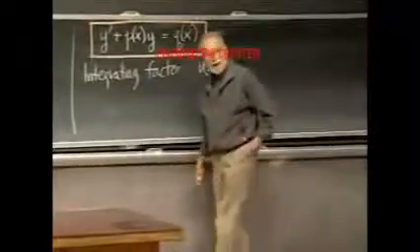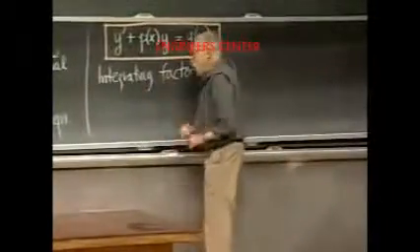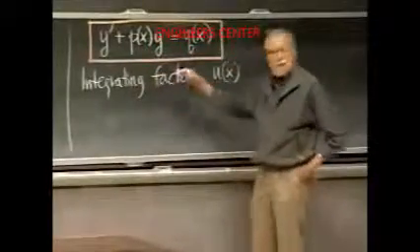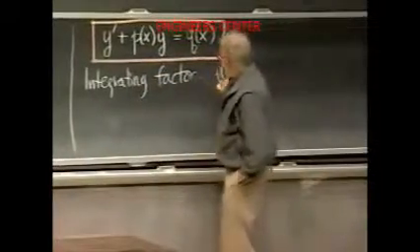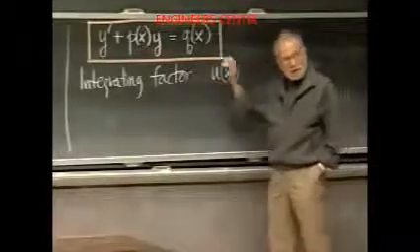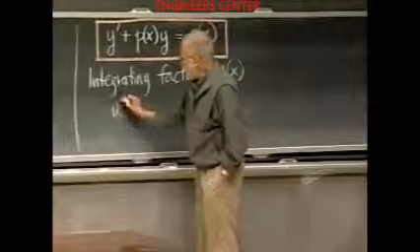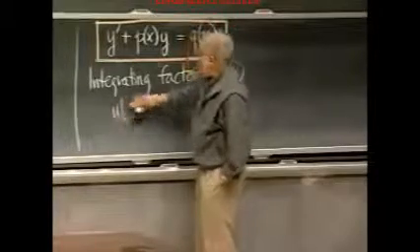What's an integrating factor? Well, I'll show you, not by writing an elaborate definition on the board, but by showing you what its function is. It's a certain function u of x. I don't know what it is, but here's what I want it to do. I want to multiply, I'm going to drop the x's